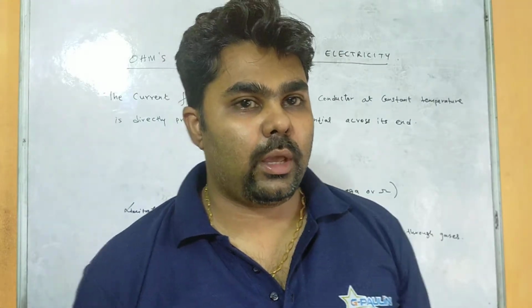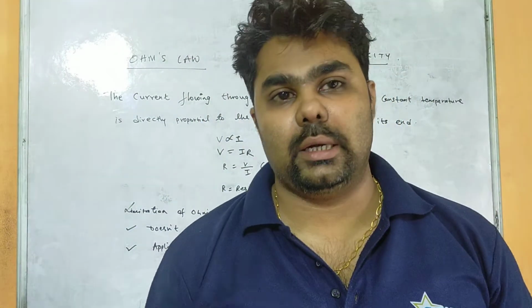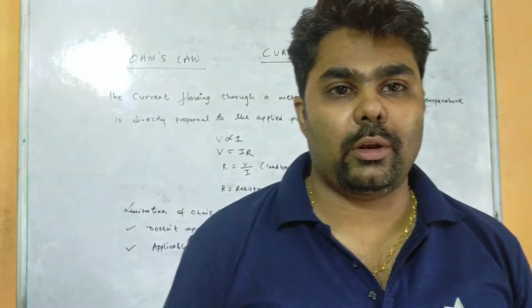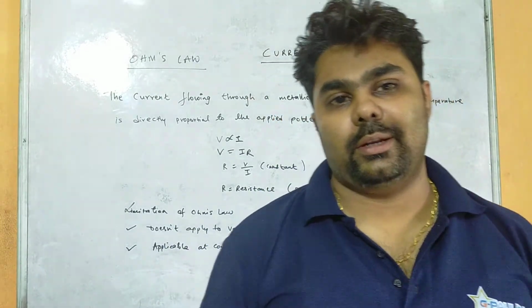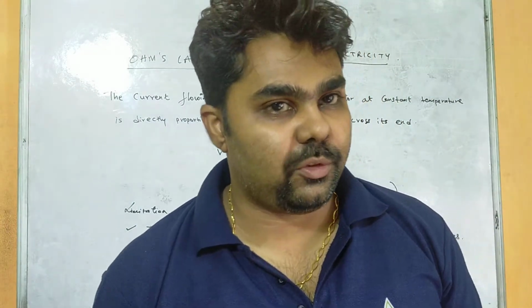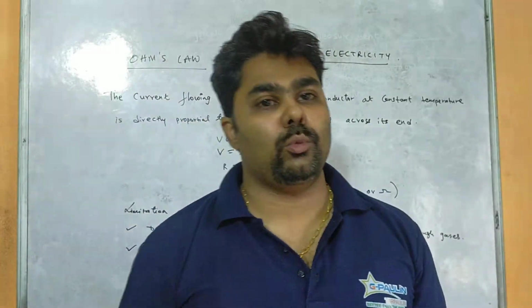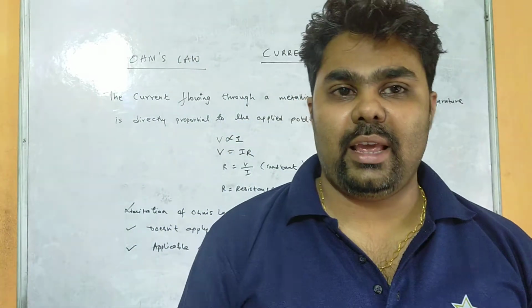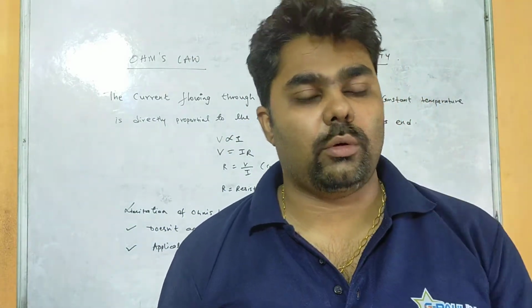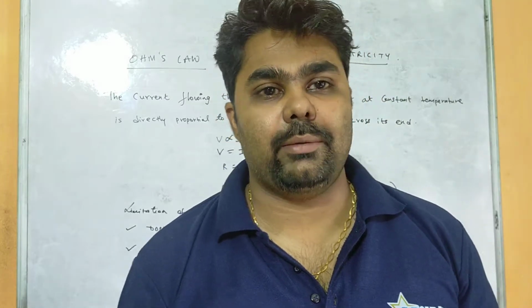So in that chapter we have come across the term current, that means the stream of electrons when they flow from one terminal to another, then there is a production of current, or you can say the rate of flow of charge, that means I equals Q by T. And the SI unit of current we have seen, that is ampere. SI unit of charge was coulomb and time was second.